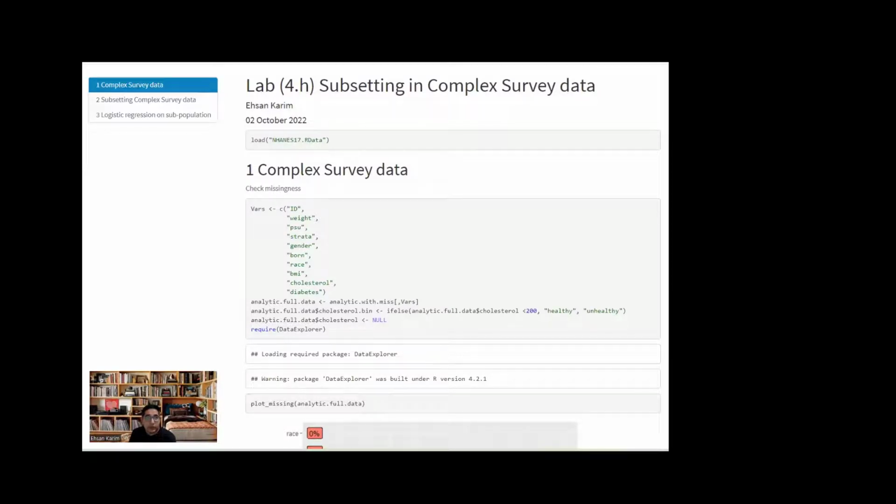Hi everyone. Today we are going to talk about how to do subsetting or analysis of subpopulation using the complex survey data. So just to motivate the problem, let us use a data that I have downloaded from NHANES